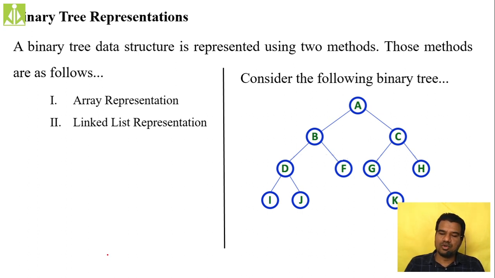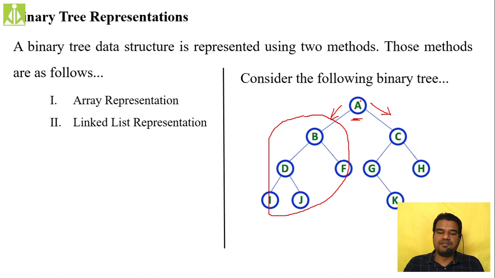If you start from the root node, in which direction do you move? Do you move in the left side direction or in the right side direction? Assume that we are moving in the right side direction, then we are missing this entire thing. And if we move in the left side direction, then we miss the right side stuff. This process we will be doing at every node. If we are moving in the right side direction, we are missing the left side. And if we go again, when we reach C, there is again a confusion.